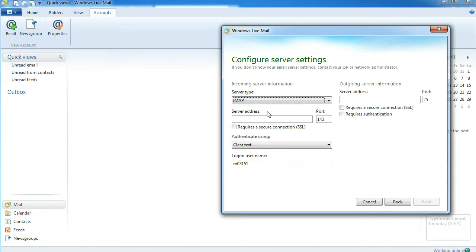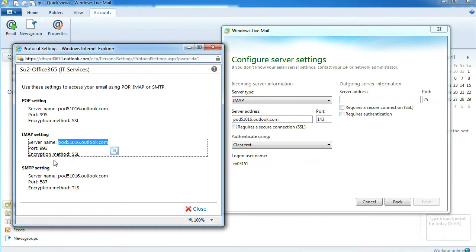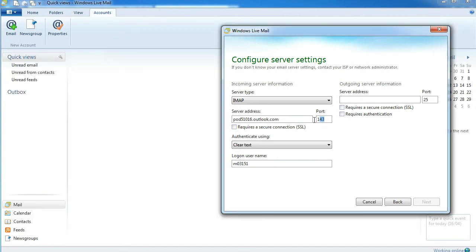Set that to IMAP. Control V is paste, and it's port 993, and that is secure. And the logon username is your email address, the full email address. You have to include the @surrey.ac.uk. So the outgoing server,